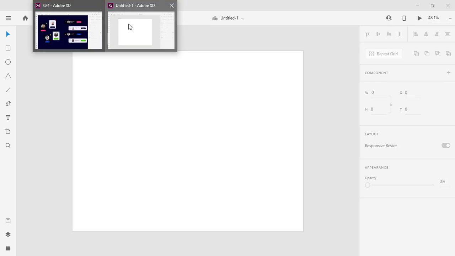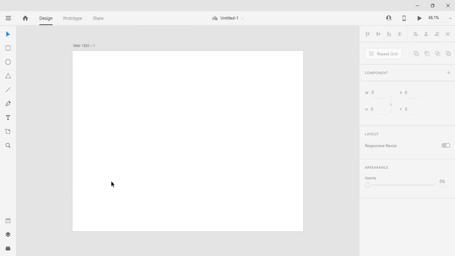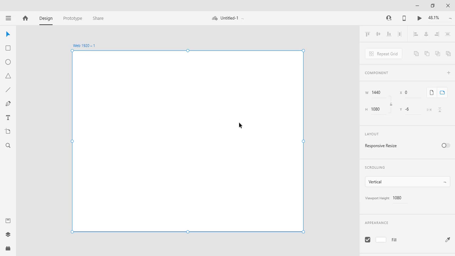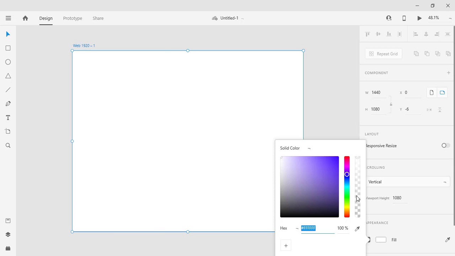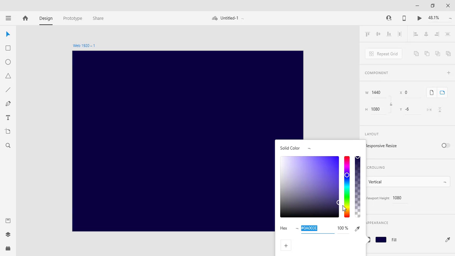Let's take a new artboard in Adobe XD and we are starting now with the process. Here we are going to give a darker background.